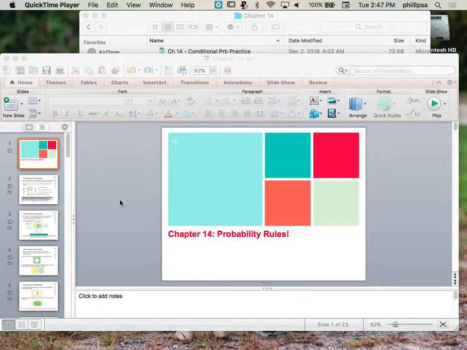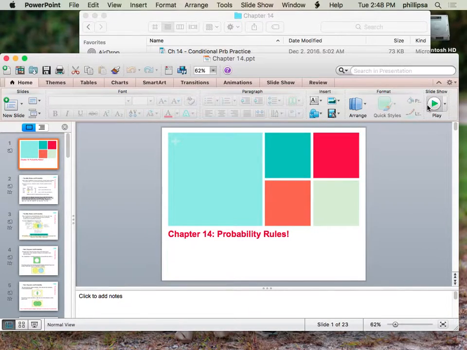So continuing talking about probability. Now we're going to talk about different ways of displaying our events, or more than one event, for probability. The first thing that we will be taking a look at are